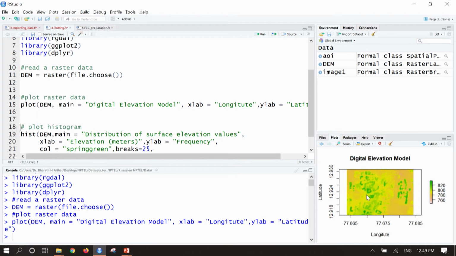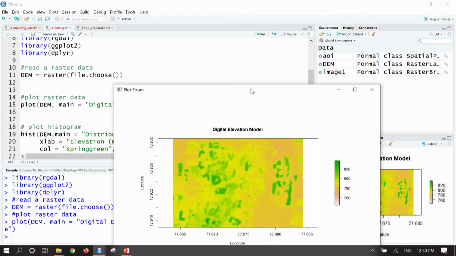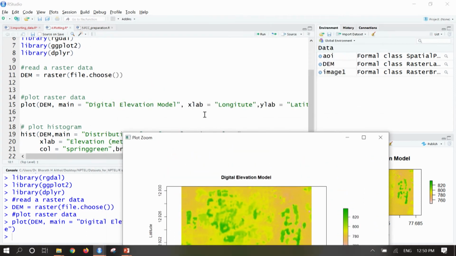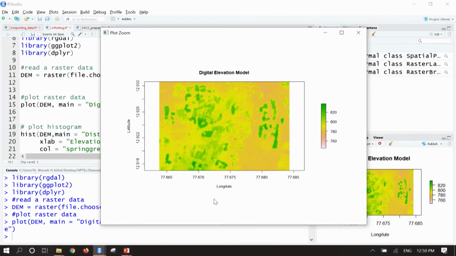So right now we have plotted the digital elevation model. Here we can clearly see there is a title, the digital elevation model, which we have mentioned here, and the xlab and ylab have also come up, longitude and latitude, clearly showing it is somewhere around 77 degrees and 12 degrees.